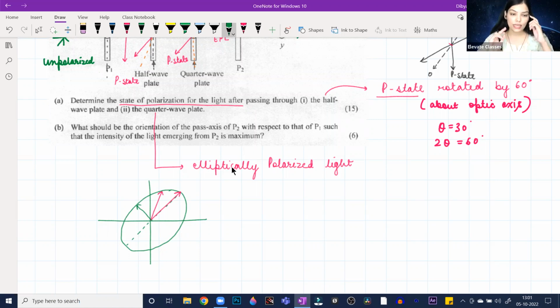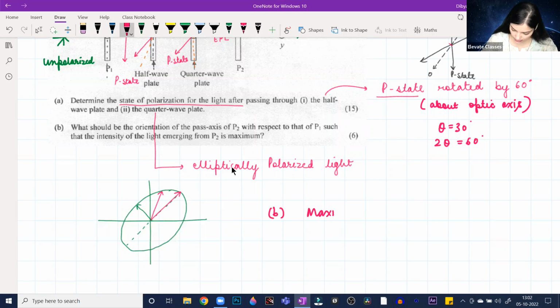Okay. So in this question, you had to tell the vectorial directions. You can try doing that also. If you have time, you can try to subjectively solve this question. But I am just discussing it objectively, the kind of question that can come in the exam. Okay. So now what do we have to answer here? We have to keep in mind. So for point number B we will write that the axis, the pass axis, I will